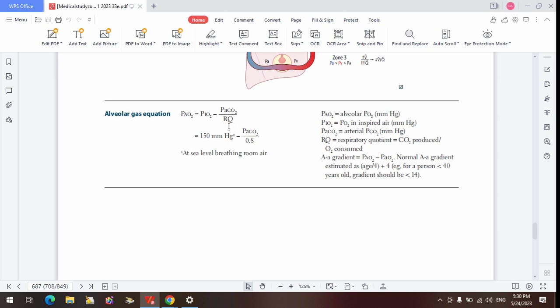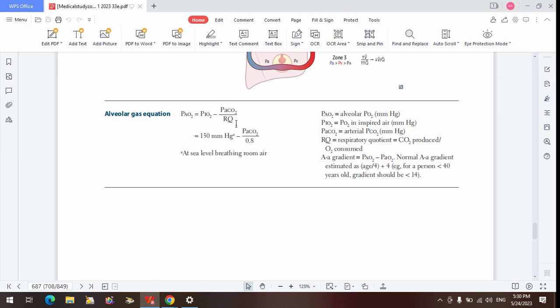Exactly. So the reason why CO2 is not diffusion limited is that, as we mentioned, the diffusion of CO2 is like 20 times that of oxygen. Once it gets there, it diffuses. It will take the lung to be damaged entirely for you not to be able to get your CO2 out. The little space that it has is going to find its way outside into the atmosphere. You get it? It's 20 times that of oxygen. So that is why conditions like pulmonary fibrosis will still cause hypoxemia, but it has to get very severe before it can cause hypercapnia.